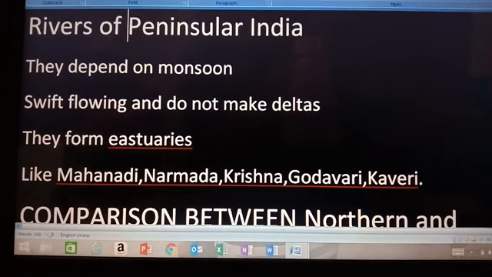Examples of the rivers of peninsular India are Mahanadi, Narmada, Krishna, Tapti, Godavari and Kaveri. Children, in this topic we have covered the rivers of peninsular India and the comparison between the northern rivers and the peninsular rivers.